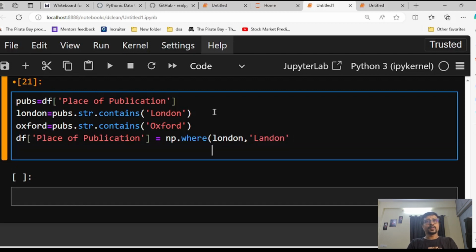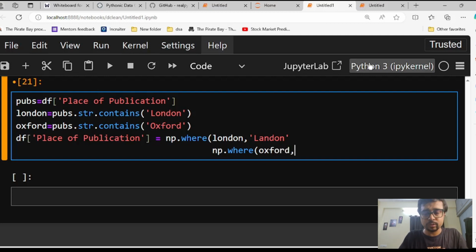Now the next thing is another where clause, because I want to replace this Oxford also. What I need to do is np.where again here. Now another np.where. What I want to do here is, if Oxford,